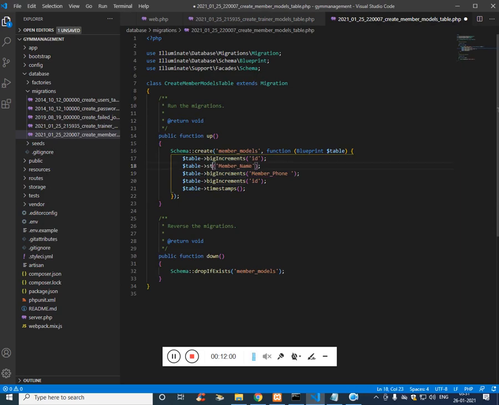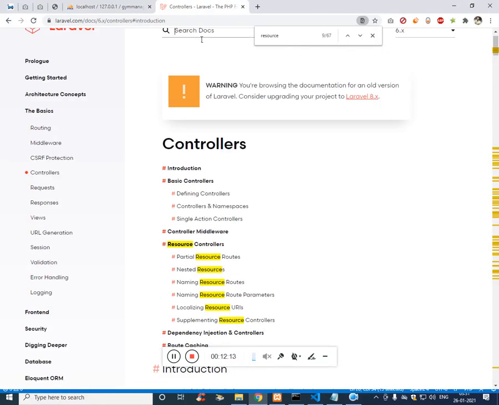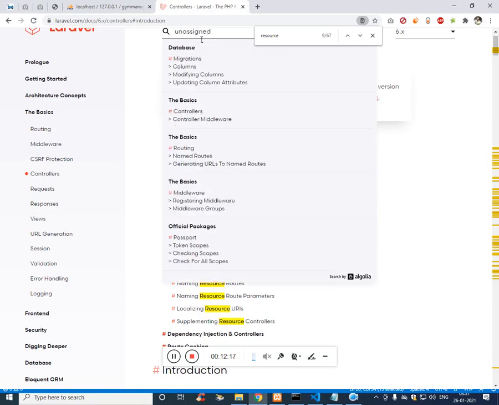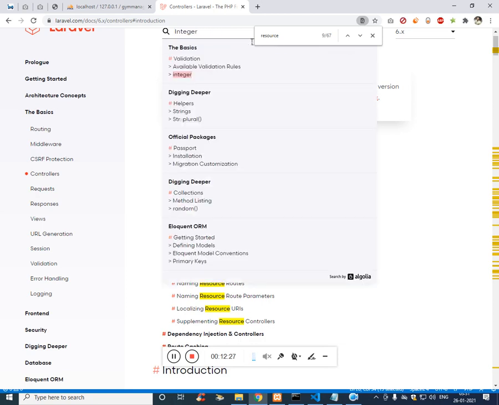These two are string, and this is going to be something different, like unsigned integer. So let's see from the documentation. Unsigned integer. So let's just type integer and check the value.